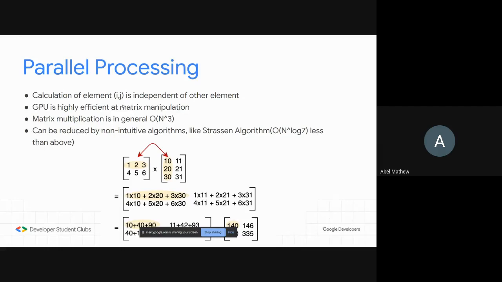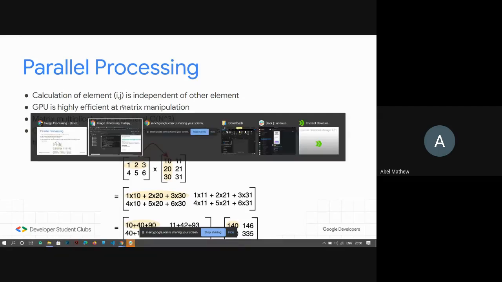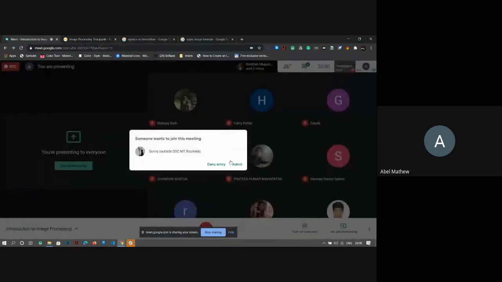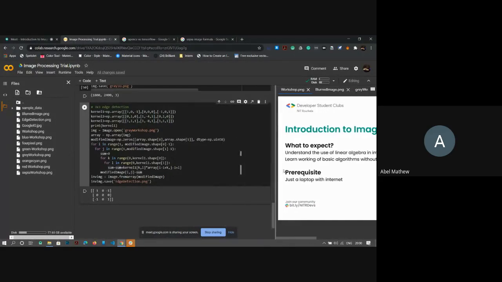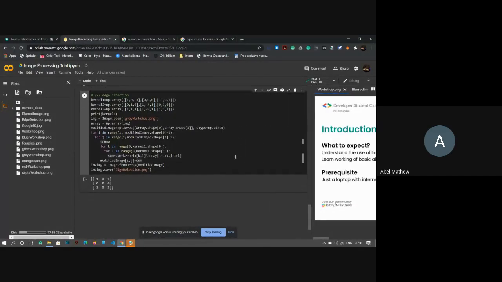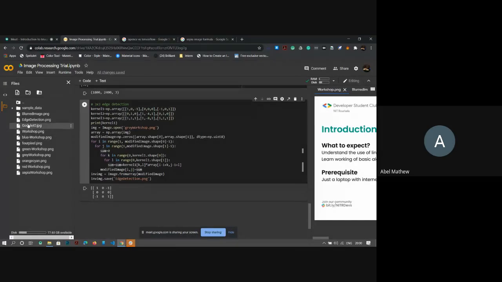Like when we are playing the game, it's not just the scene that is happening. The player is moving and lots of other things are happening. So matrix multiplication at high speed is something that is in demand. If you find an algorithm which does it faster than the present existing industry standards, you can expect big bounty awards. Let us see how the edge detection worked.